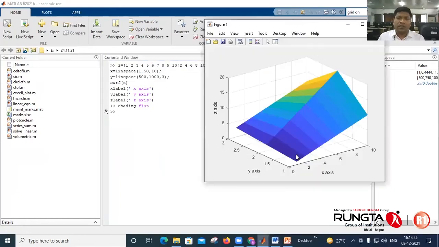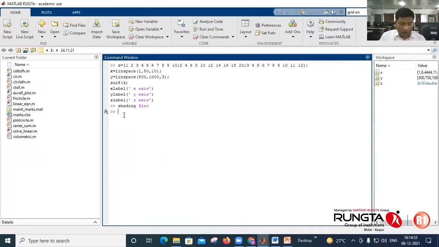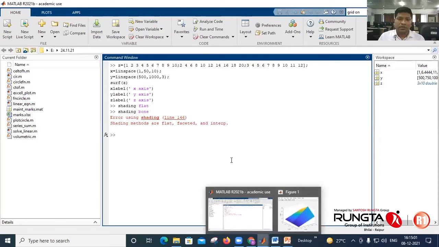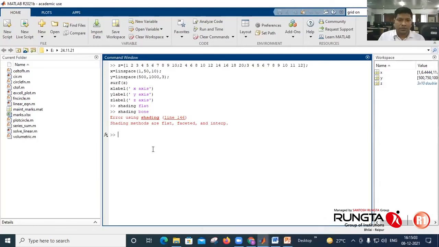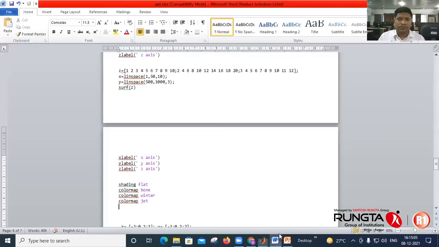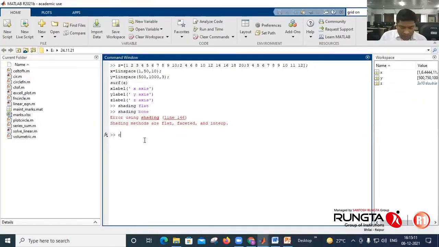Accordingly, it will convert it to shading flat. If I type shading bone, enter. So it will convert. Sorry, not shading, that is colormap.